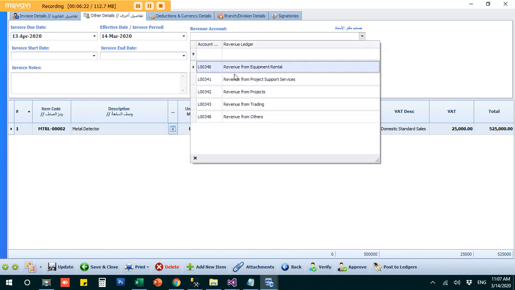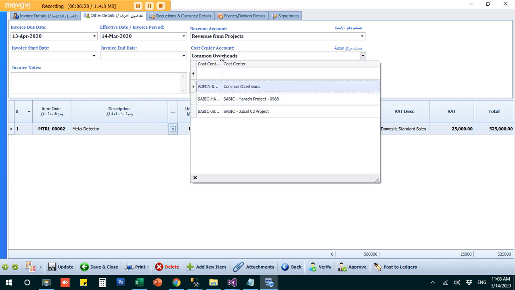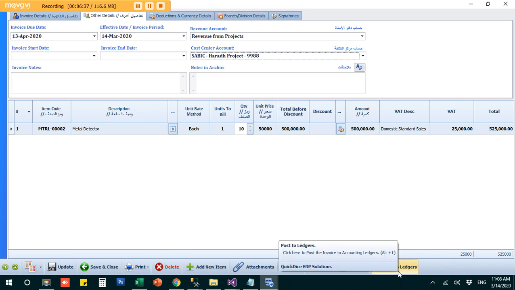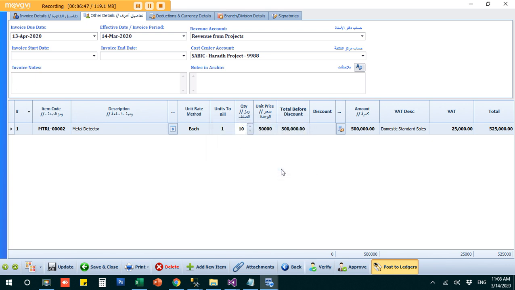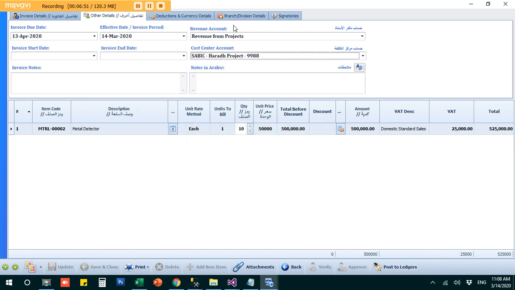So revenue from project support services, revenue from projects, and which cost center you will see here. Now it will show that this is for Harad project, this is for Jubail project. Let's say this is for Harad project, and then I'm going to post it. You know all the other things. The only thing you are missing is selection of the cost center. The rest of the things are the same. Now I made an invoice and I posted it, 500,000 worth of revenue being generated for the projects, and